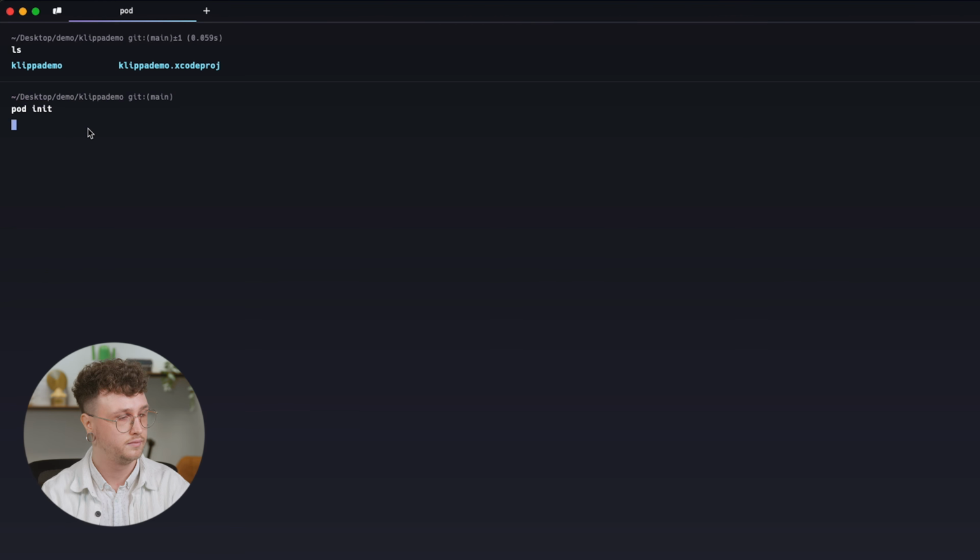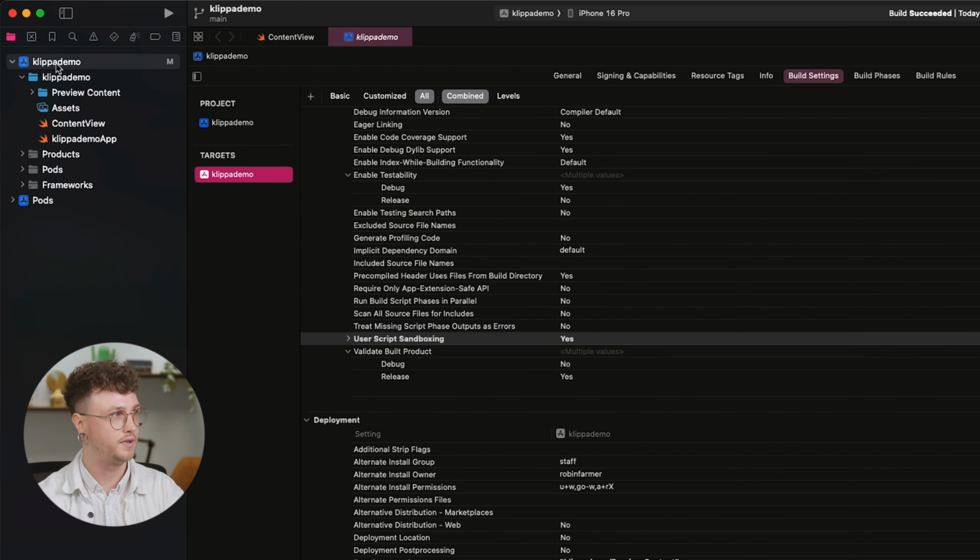Once you've run the pod install command, we can open up the folder in Finder. And then we're going to open up the Klippa demo xcworkspace. Obviously in your case, the app name will have your app name. Just make sure you open up the xcworkspace. Once we open up the Klippa xcworkspace, we're going to open up the project and then the target,